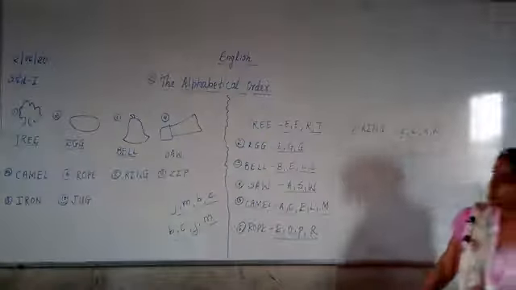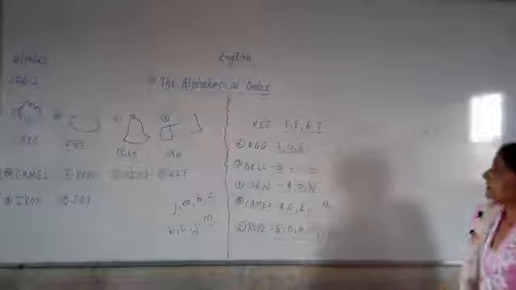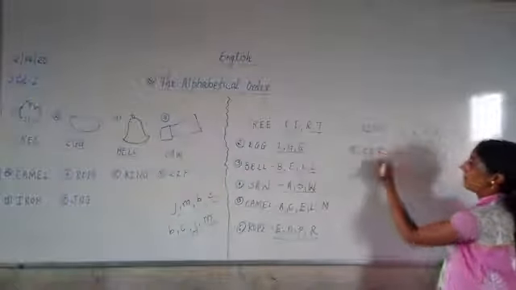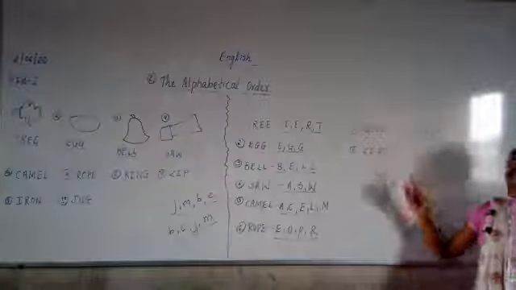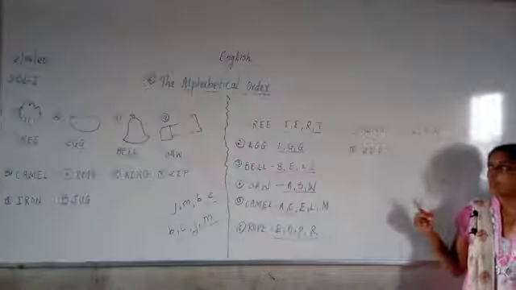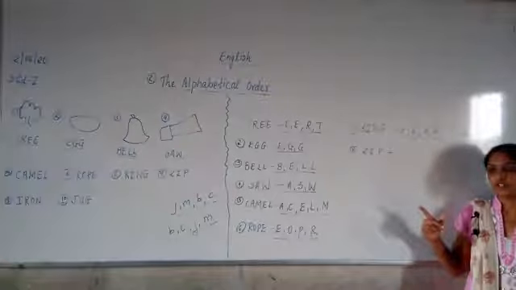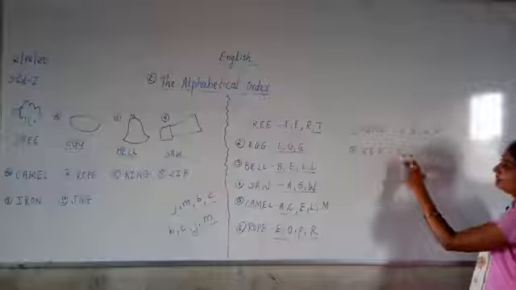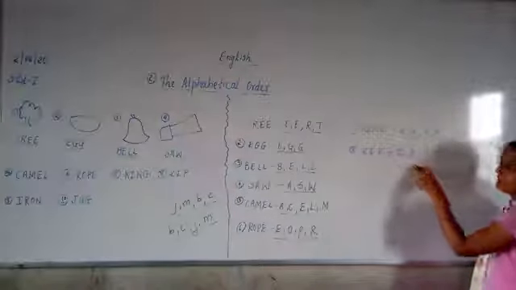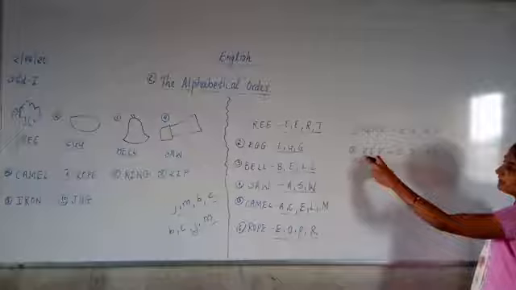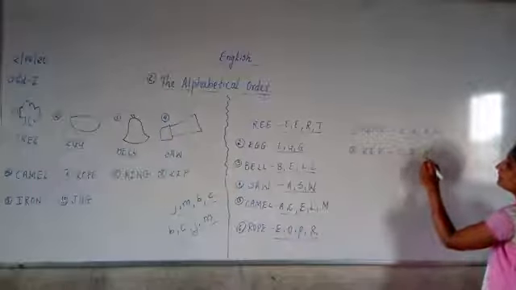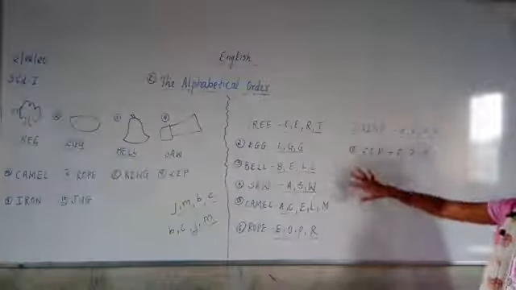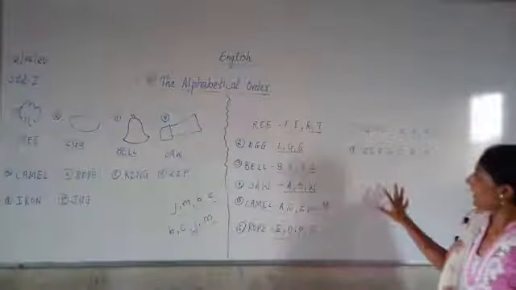Okay. Next one is zip. Next example is what? Z-I-P, zip. Now come on. A, B, C, D, E, F, G, H, I. So first letter which will come over here is I. After I, the letter which will come is P. And the last letter, you know, Z is the last letter everywhere. So Z will be the last letter over here also. Okay. So in this way we have done at least now how many we have done? We have done 8 examples.